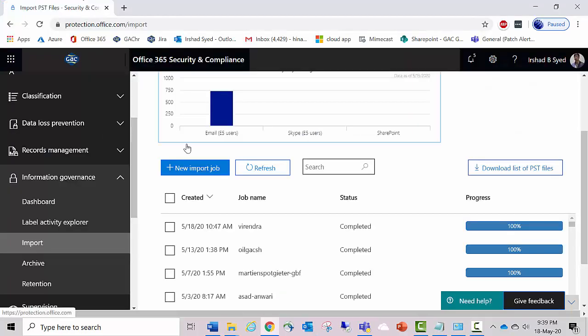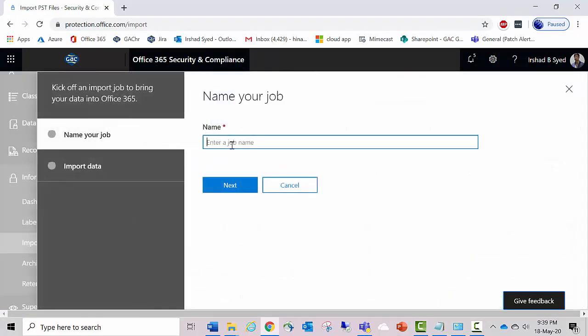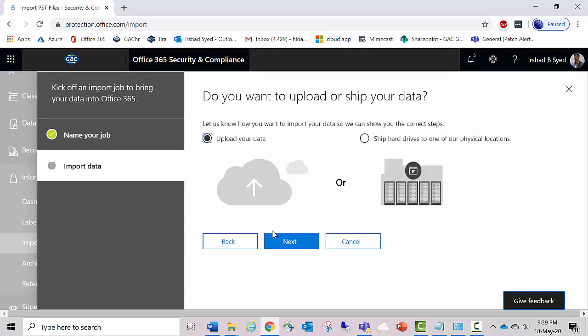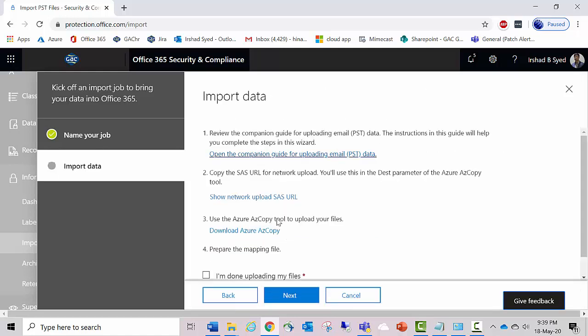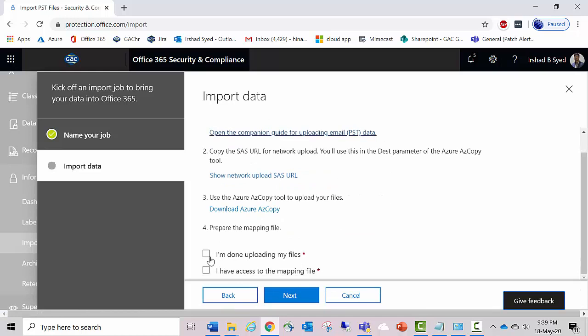Under the same protection.office.com, click new import job and give the job name. Now we are going to upload our data. Click next. Here just check these two options. That means we have already uploaded our files, and we have prepared our mapping file, that is the CSV file.